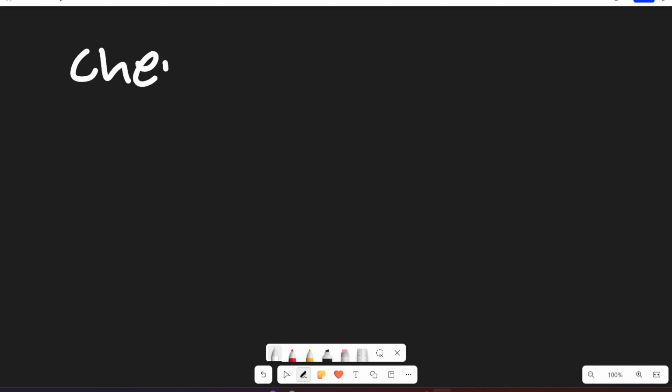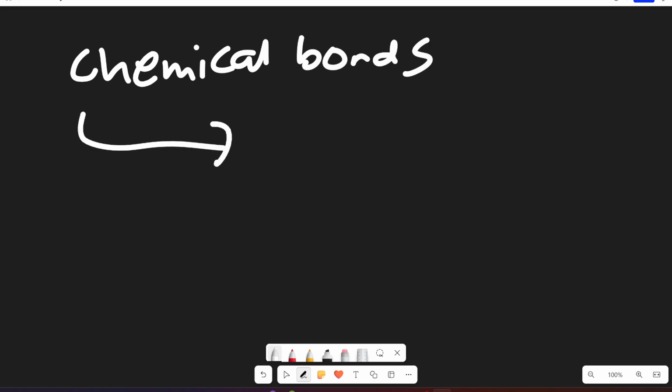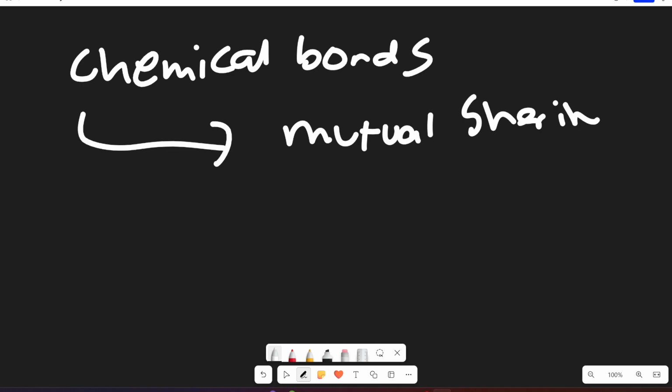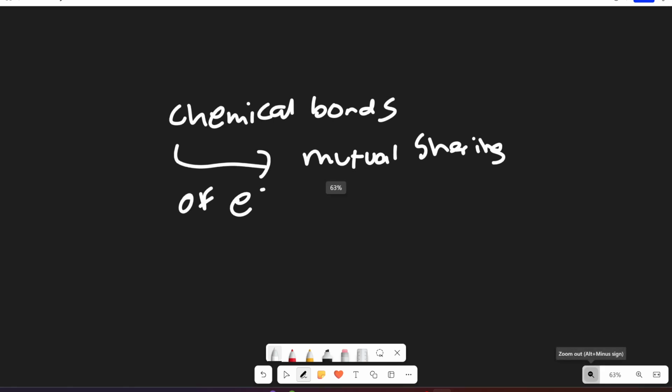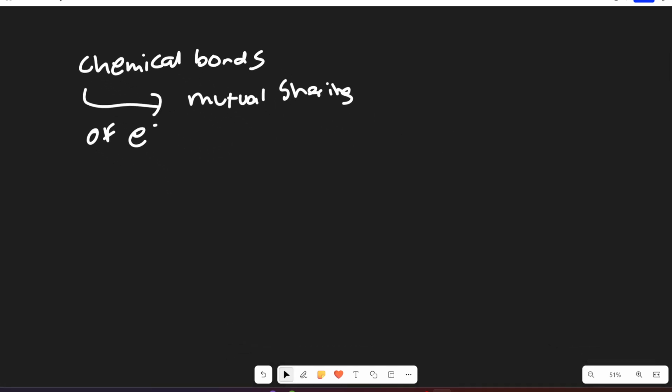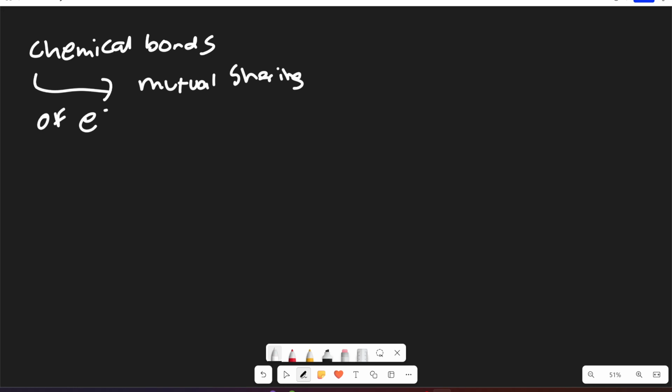So chemical bonds. Essentially, chemical bonds are just mutual sharing of electrons. Let me zoom out here a little bit. So chemical bonds are just mutual sharing of electrons, and we know